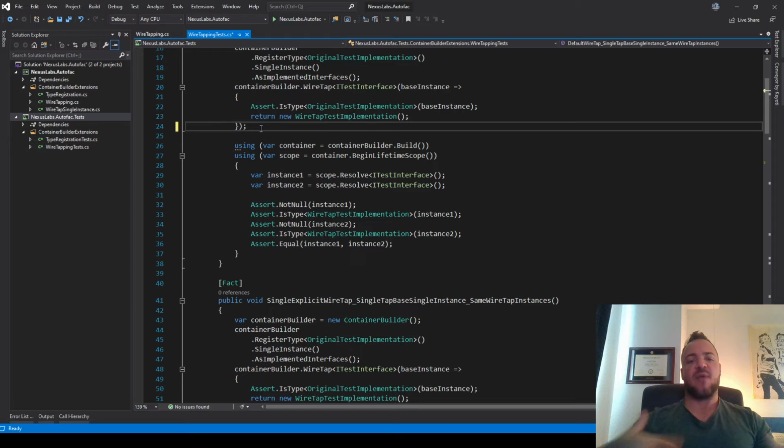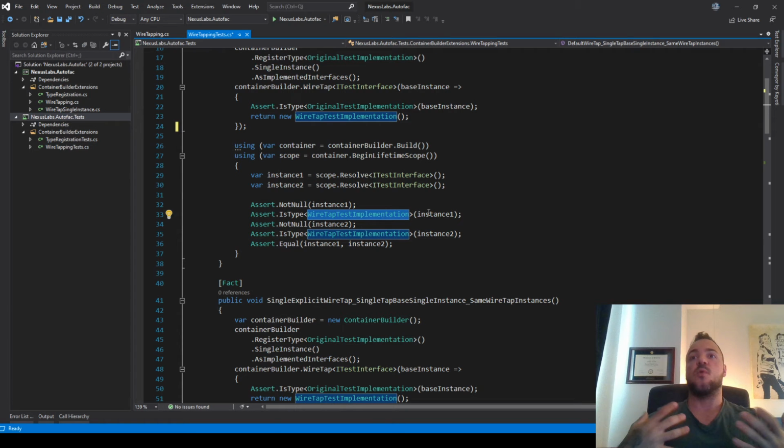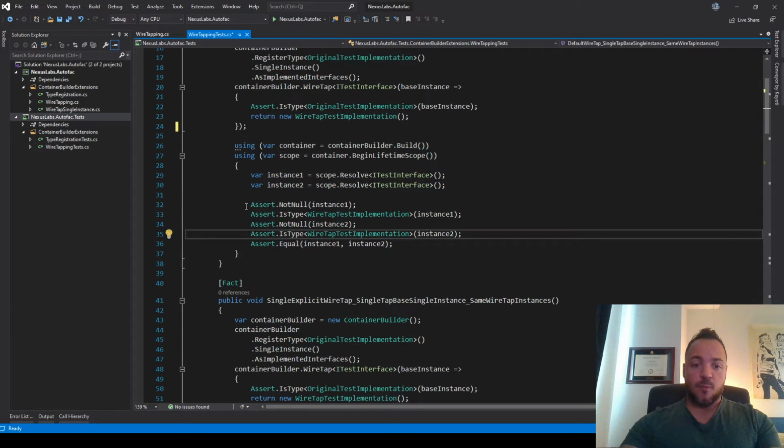So in the end, this did actually feel good to me. I resolve 2 instances. I do a quick check to make sure that the instances we get back are not null, and that they're actually the resulting wiretapped type, right? So the wiretap did work. That's what these 4 lines are checking for us.